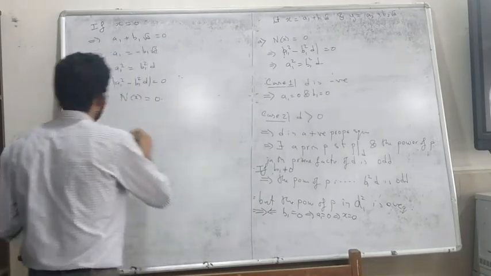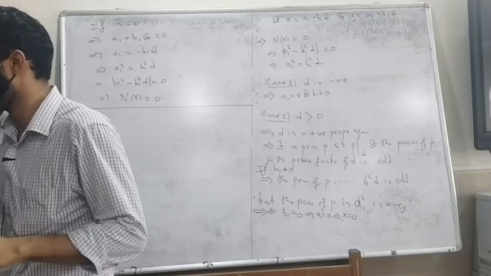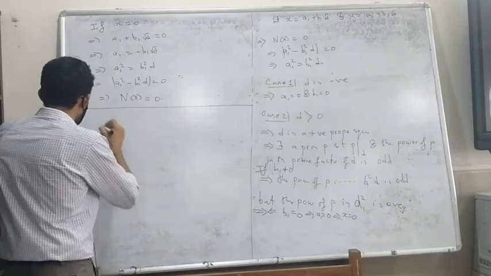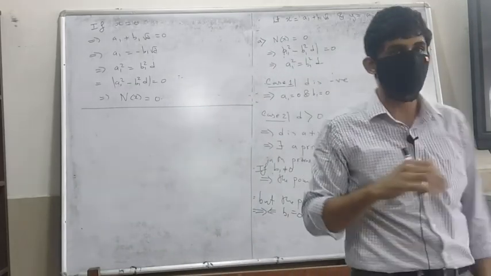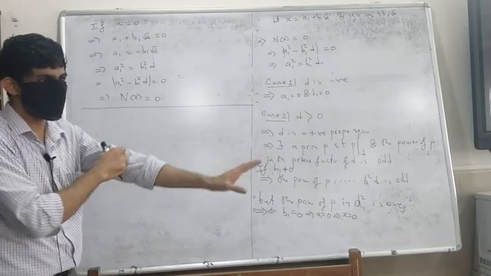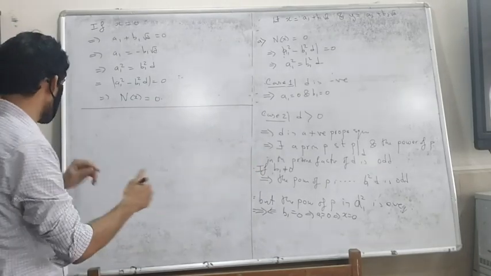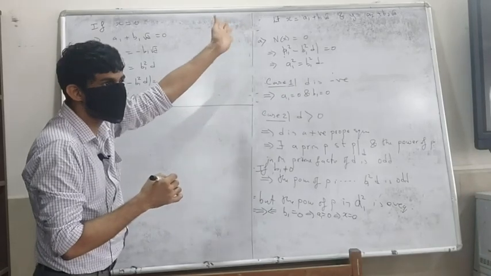Anyway, that's okay. So this is what we have, and next is for x and y, you have to prove that n(xy) is n(x) into n(y). I think this I'll leave to you. This is pretty trivial, it's just basic calculations. You just have to compute on both sides and take the product. That's how simple it is.